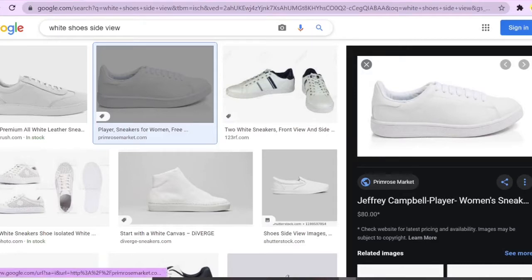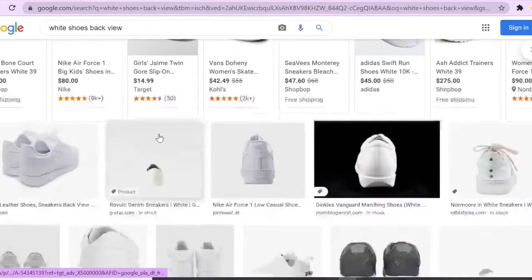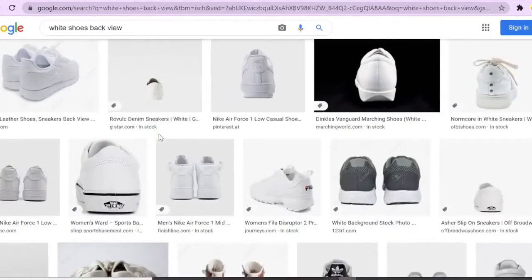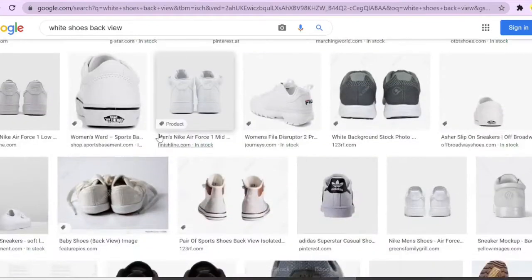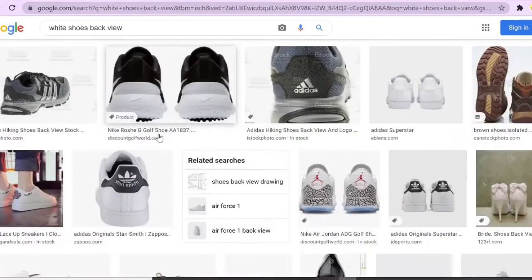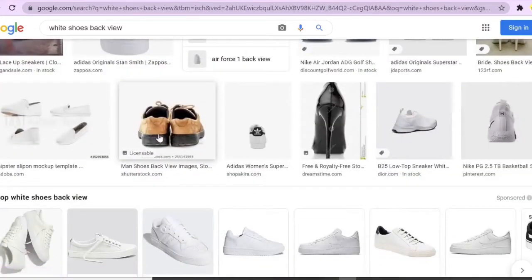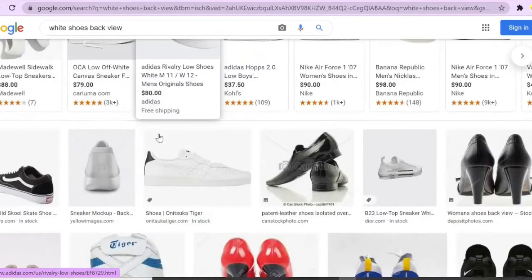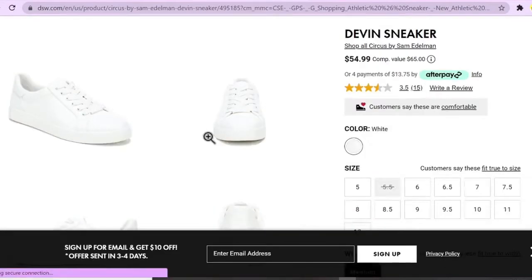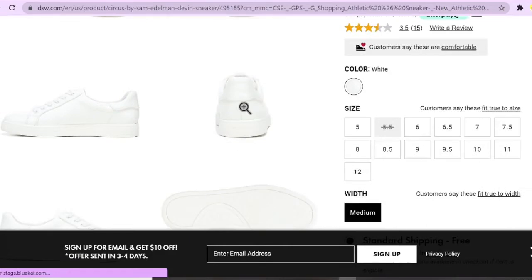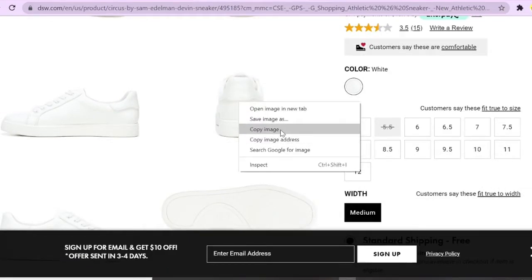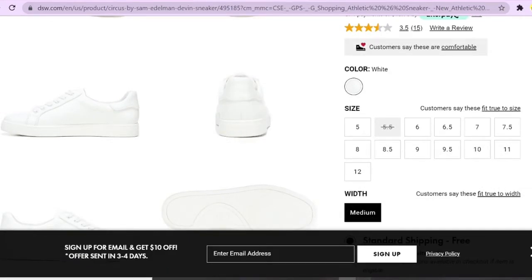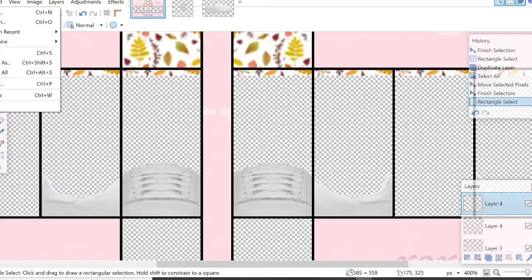So now you want to go back to your Google browser, and you want to search up the shoe's back view. Okay, and obviously find the back view that you want. I already have one in mind, but obviously you can get any back view you want. Okay, so here's the shoe that I got over here, and I'm going to be using the back part. So I'm going to just copy the image, and I'm going to go back to my template